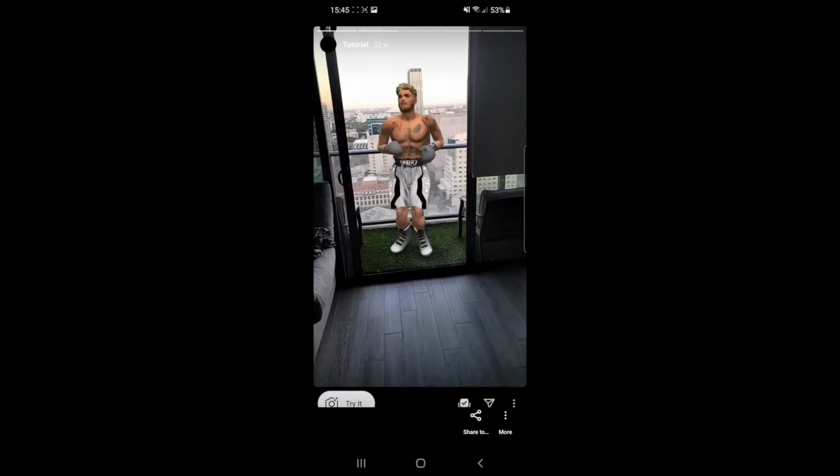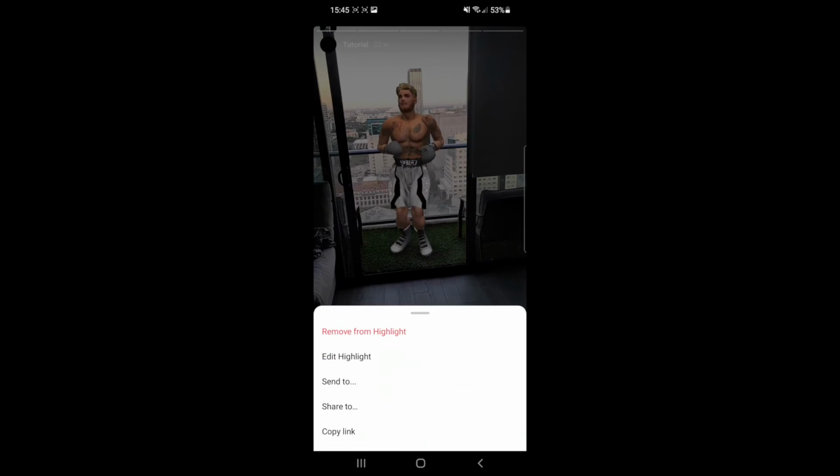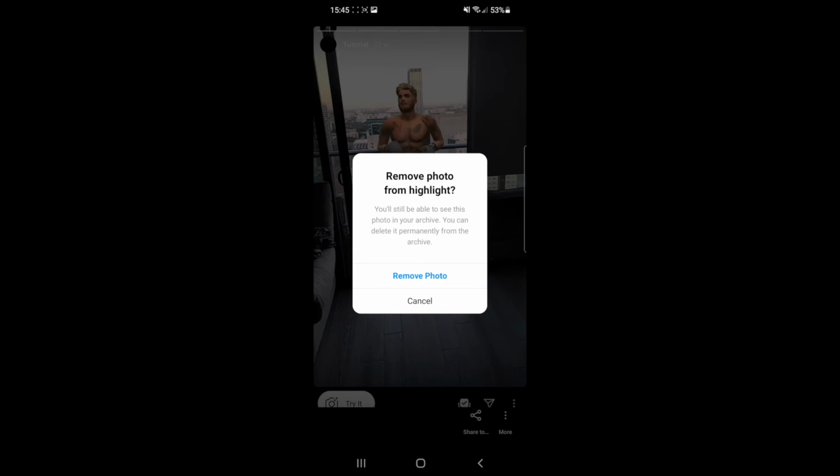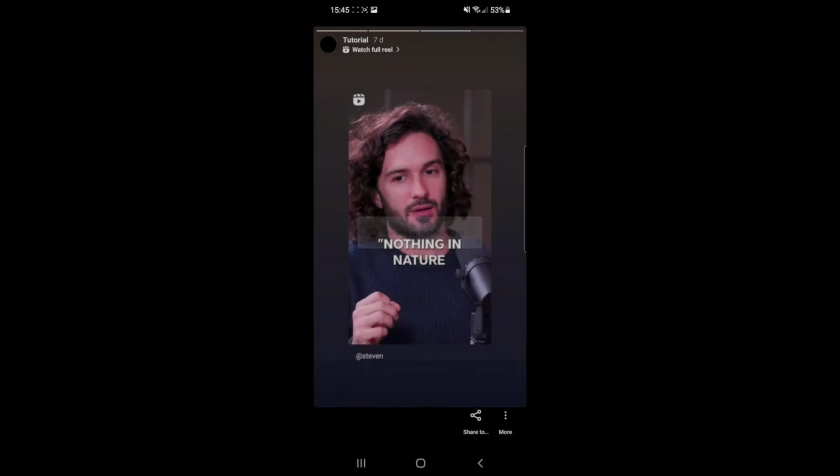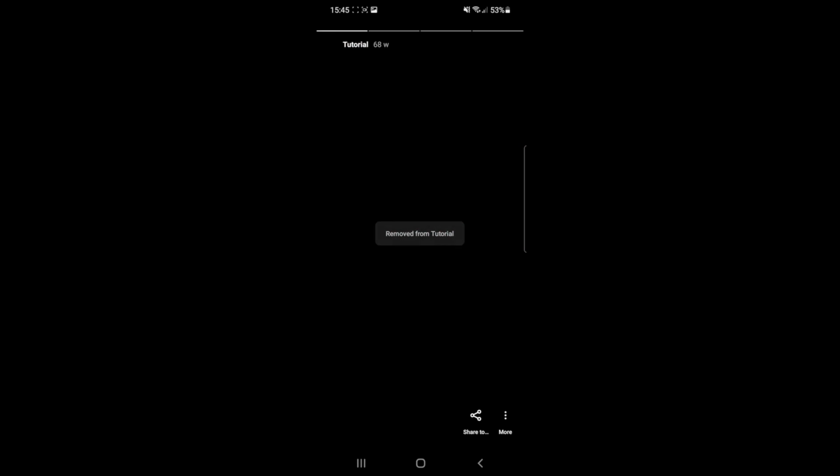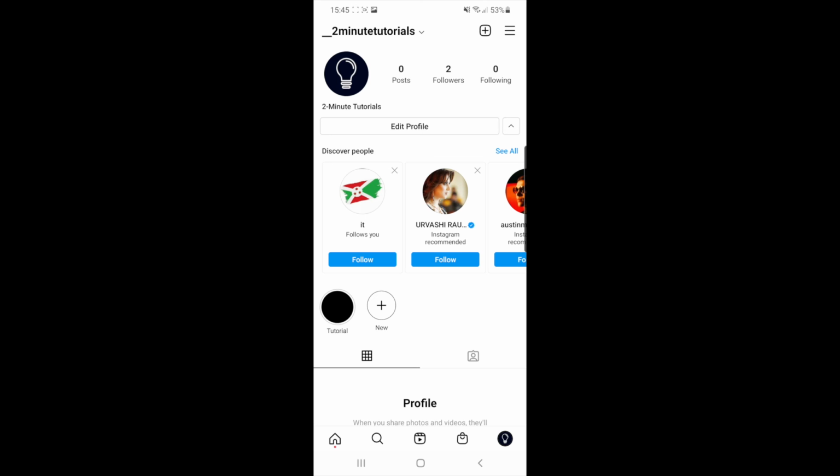So for example, if I go to the third story, which is this one here, and I wanted to delete it, all I simply need to do is click on the three dots on the bottom right hand corner, and then you will get this option here at the top for remove from highlight. If you click remove from highlight and click on remove photo, what that will do is it will remove that story from your story highlights. So it's just simple,